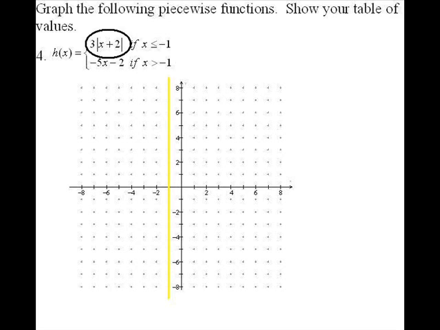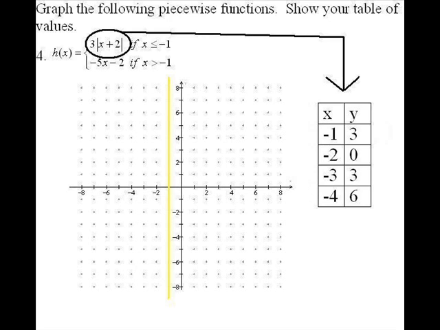I'm literally going to start plugging and chugging. I start at the boundary number -1, I plug that in for x, and it comes out 3. Then I want to pick a few more x values less than -1 and plug those in as well. So I chose -2, -3, -4. Then I'm literally plugging those in for x and seeing what I get for y. Remember that it's always better to have more points than fewer points